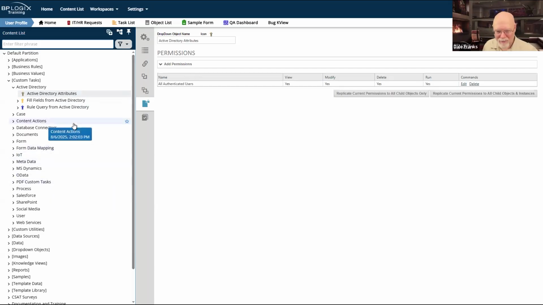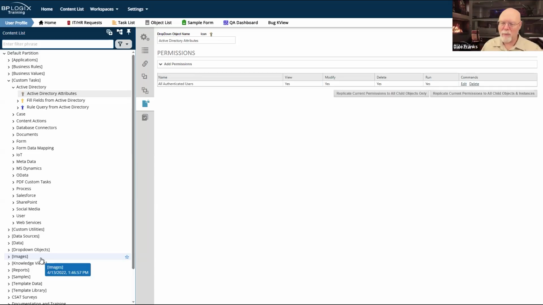And those changes will come in the next release of Process Director. What we're going to do is inherit the permissions that you have set on the form definition to determine whether or not you can configure a CT for that form. So if you have configure or modify permission on a form definition, then you'll be able to configure the custom task on that form or process timeline definition. We're going to inherit the parent object's properties to determine whether or not you're able to edit it.